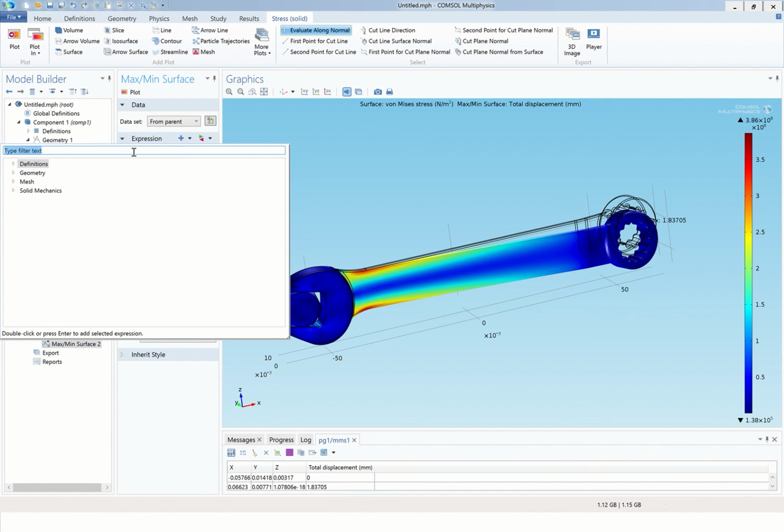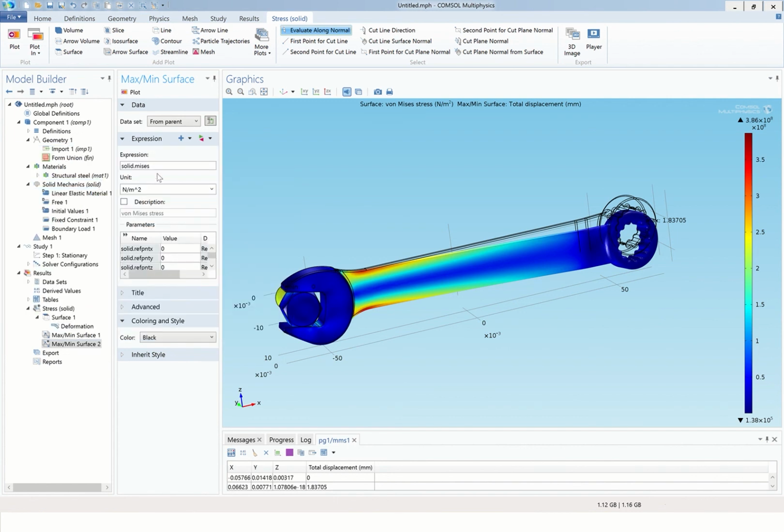Okay, and I can do a search in here for von Mises stresses. And so under the stress, I see the option there for von Mises stress. Double click it, and notice it replaces this with the solid.mises variable. That's the von Mises stress. Also notice the units were updated, and the units are as expected in newtons per meter squared. So I'll go ahead and click on plot,